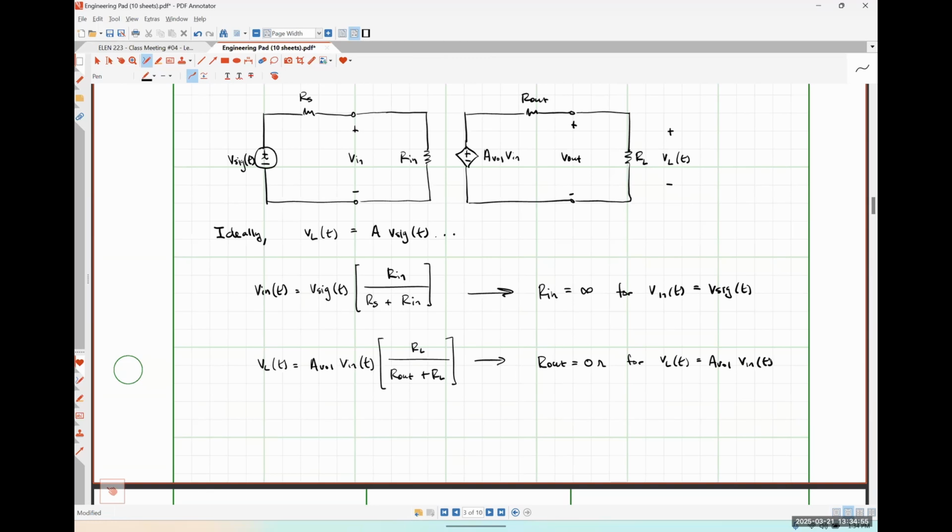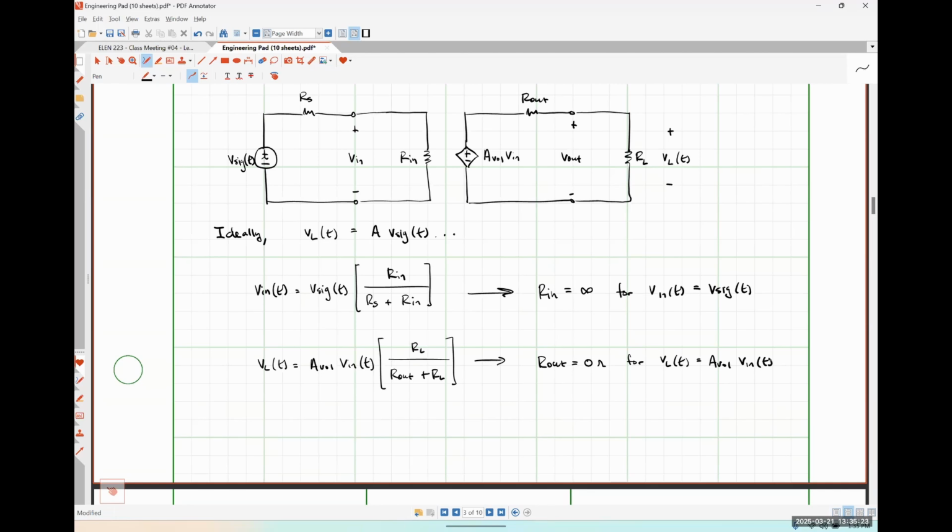If I put both of these things together, then I have a situation where the voltage drop across my load is exactly a scaled version of the voltage drop applied at my signal source, okay? So in the ideal case, R in has to be infinity, R out has to be 0, and this isn't